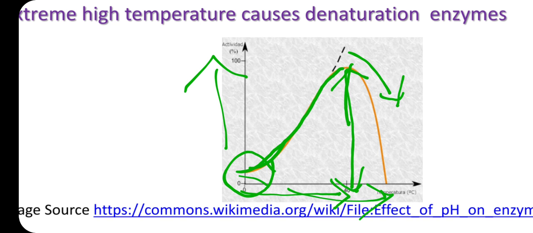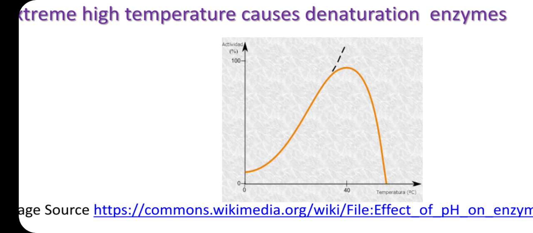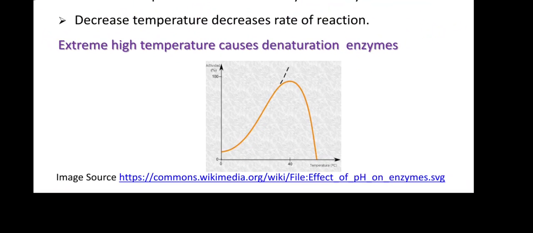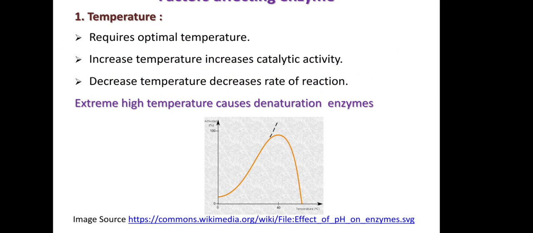So there are certain enzymes which are active at a higher temperature, and there are proteins which are active at a very low temperature. Those are exceptions, but most of the biologically active enzymes are highly active at a temperature of 40 degrees Celsius, and above 50 to 60 degrees Celsius, the denaturation happens. Most of the enzymes are inactive above 60 degrees Celsius. That's why you are going to see this graph when you plot the activity of the enzyme against the